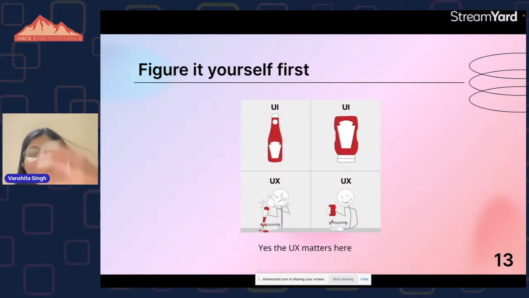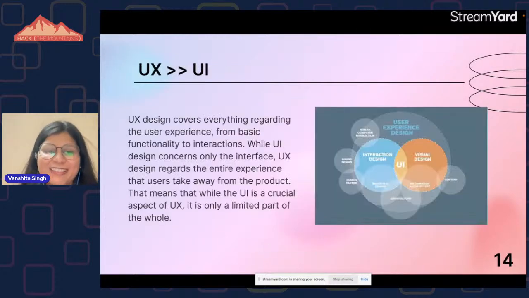And there's a proper handle as well. If you can see, there's a proper handle on the second bottle, so that the user can have a grip while holding the bottle. So this is how UX matters even in a ketchup bottle. See, I haven't taken any digital example, like a website or app example. I'm just taking a real-world example, and you can see how UI UX matters in simple real-life examples. So yeah, it matters of course.